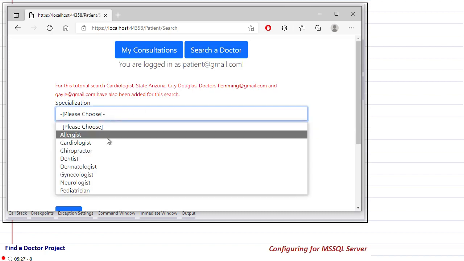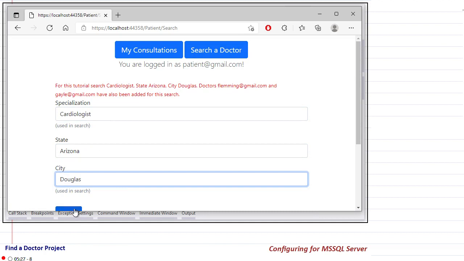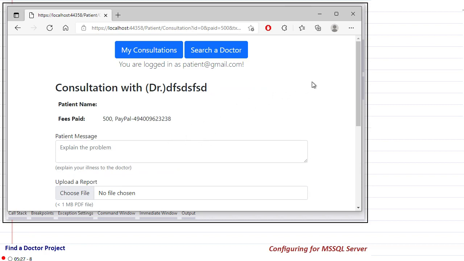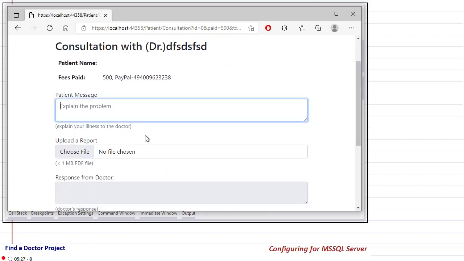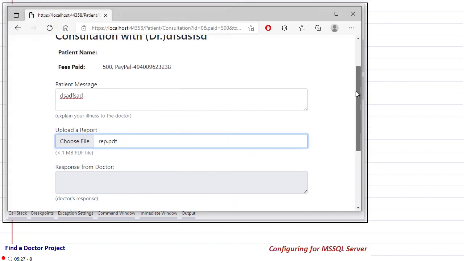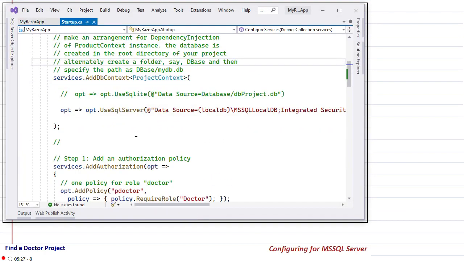Search a doctor. So you can see that the doctor etc. are all searched, and this all works. So all the things you can test now yourself. Put anything. I'll provide this as a download so that you can do it on your own computer also. So this is how this has now been configured for SQL Server.